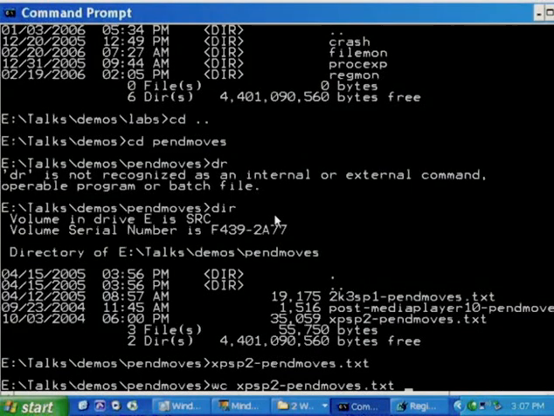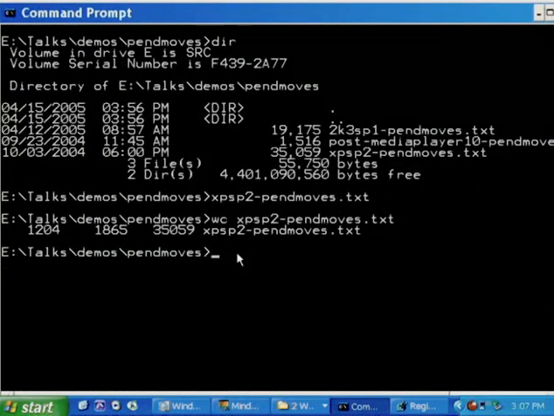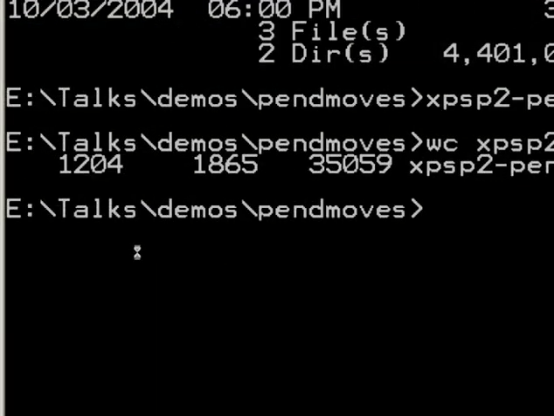The number of file replacements in Service Pack 2's update that required a reboot in order to complete the replacement, you can find using a word counting utility. So I'm going to run this through word count, and each entry in that file takes up 3 lines. So if we take the number of lines in that file, 1,200, and divide by 3, we get a rough estimate of the number of pending file moves and renames. Comes out to about 400. Well, XP Service Pack 2 was a hefty release. Hefty service pack, and a great service pack, I must say.